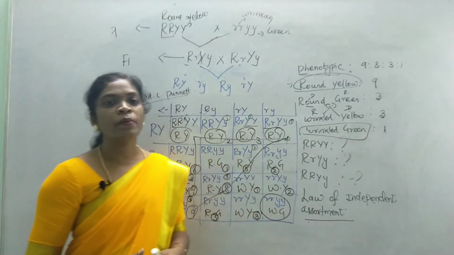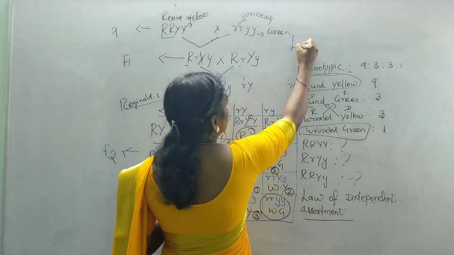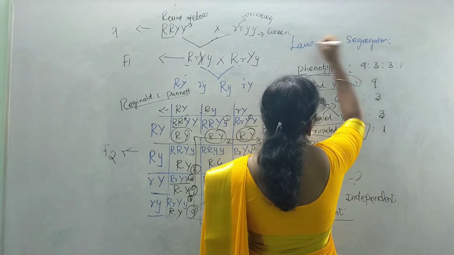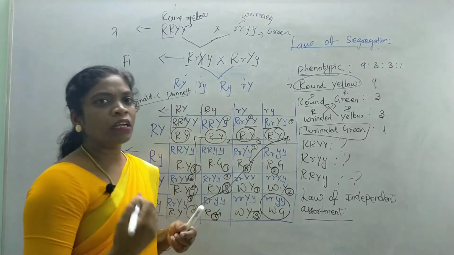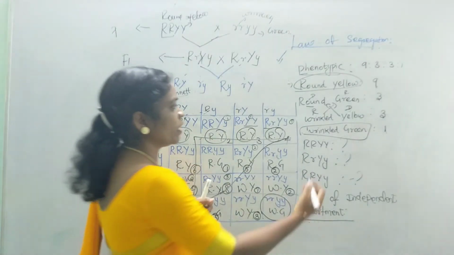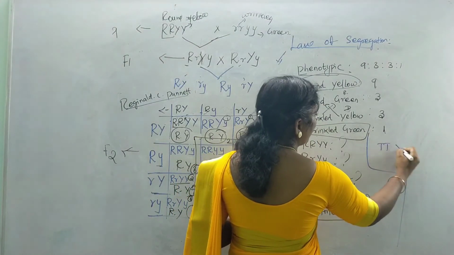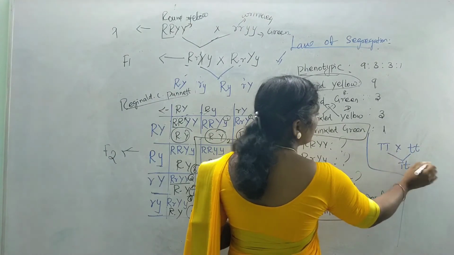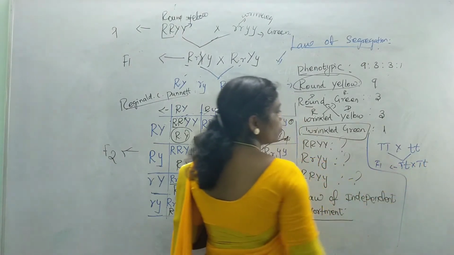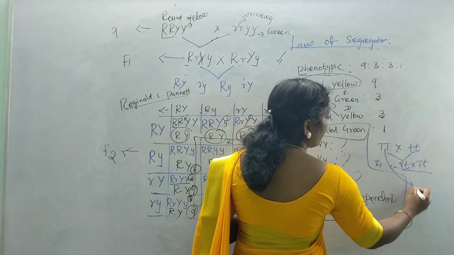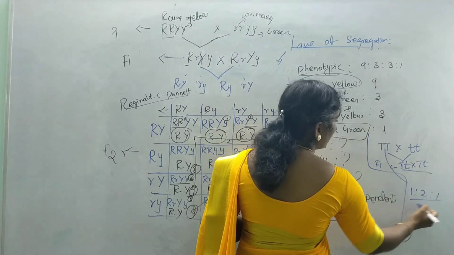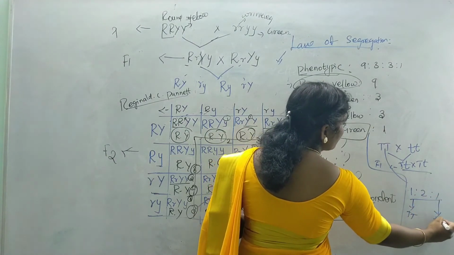Monohybrid cross. As a result of the monohybrid cross, Mendel proposed the law of segregation. What does the law of segregation explain? The law of segregation explains that even during gamete formation... So what happens here? For the law of segregation, we'll take the monohybrid cross as the experiment. So I'll just write here. He crossed capital T with small t, he got capital T, small t in the F1 generation. Again he self-crossed capital T, small t. He got the pure forms back again, with a ratio of 1:2:1 as the genotypic ratio.